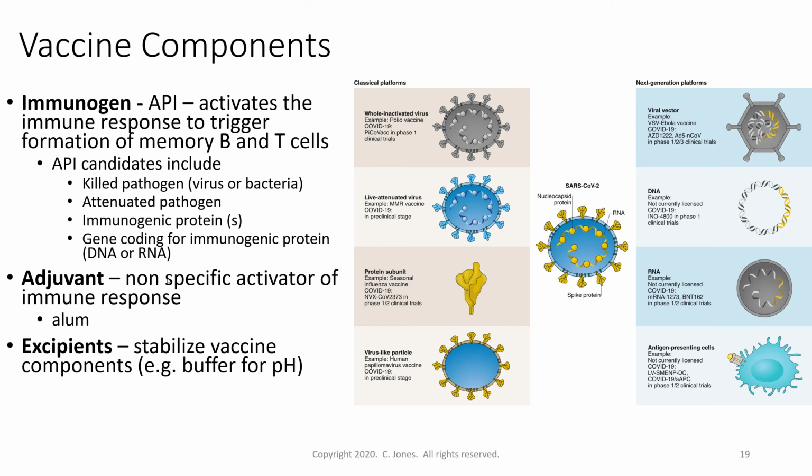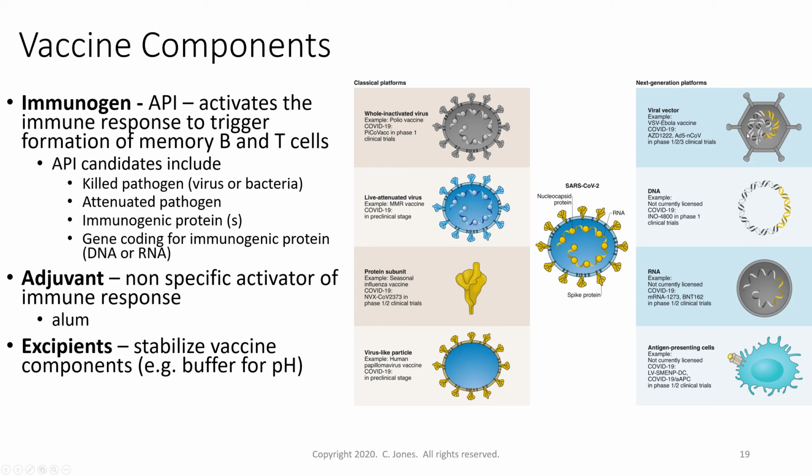There are a lot of different approaches to making vaccines. We talked about the whole inactivated virus. We have attenuated viruses. These are viruses that can replicate, but they have been manipulated so that hopefully they won't cause a disease in you. We can just give you the spike protein. Novavax, a company here in Montgomery County, is pioneering something called virus-like particles. So they've made an artificial structure that looks like a virus but isn't a virus. So it's going to be safer than either one of these two.